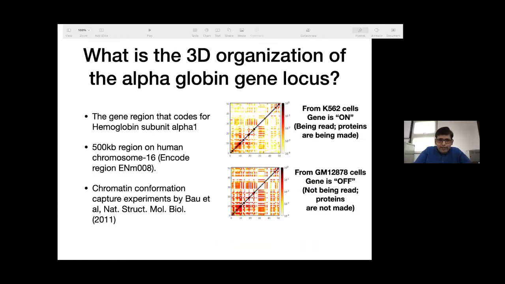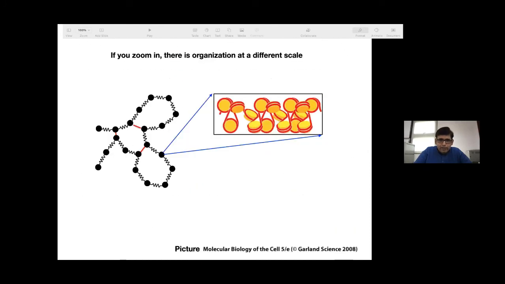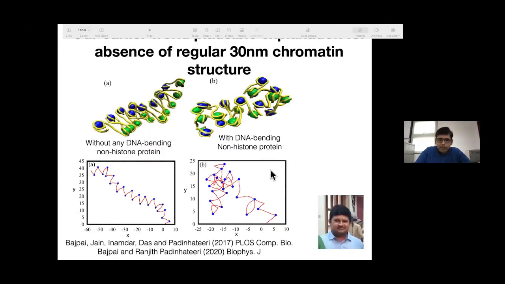We have also done, which I was about to show in a couple of slides below this, if you zoom in here, what would you see? You would see all these nucleosomes and bending angles and so on. So we have done a lot of work on what you will see if you zoom into one of these beads, what kind of structures one would see. And there, whatever you said, everything becomes important, including electrostatic interactions. So we have some detailed studies on what comes out if we account for all these interactions.